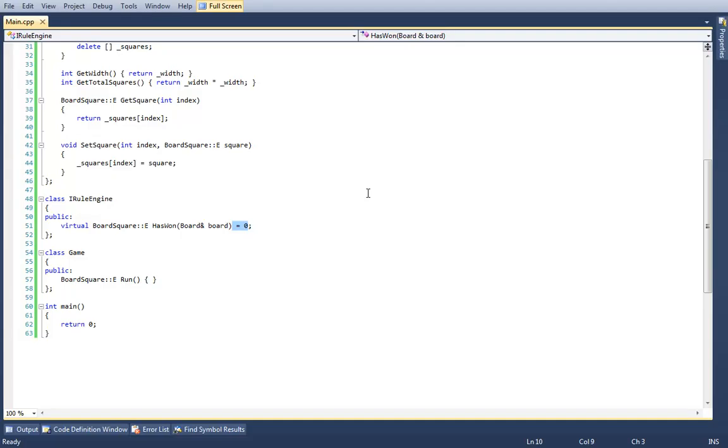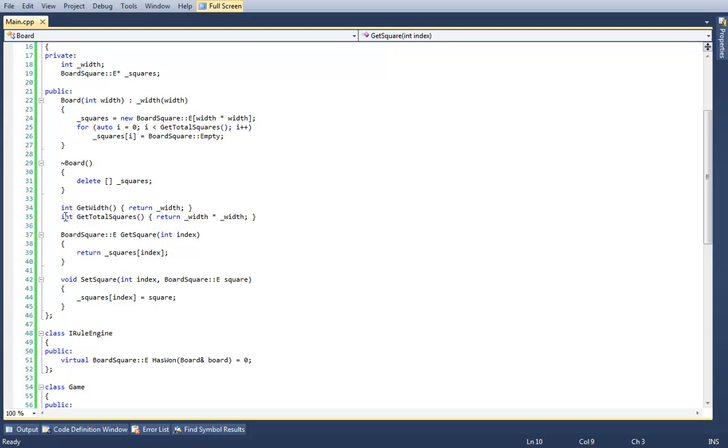When I highlight it says error, identifier get total squares is undefined. Make sure that you have a get total squares method implemented. Notice how I have one implemented on line 35. And make sure that your spelling is correct, and that everything is in the same order. Well, in the classes, the order doesn't matter. Okay. Yeah. Don't you love C++? I was trying to be helpful, and it turns out it's not necessary.